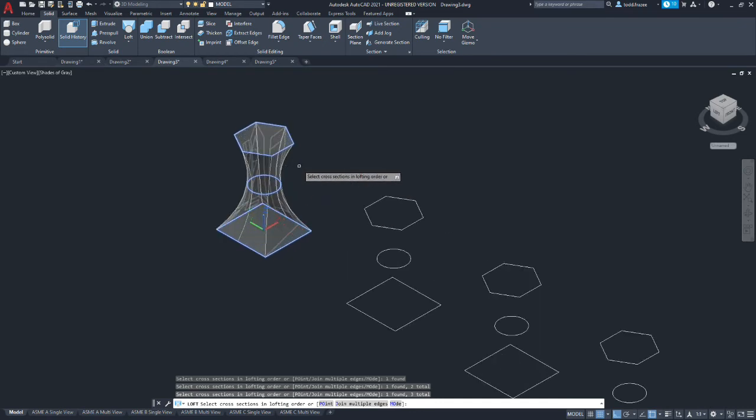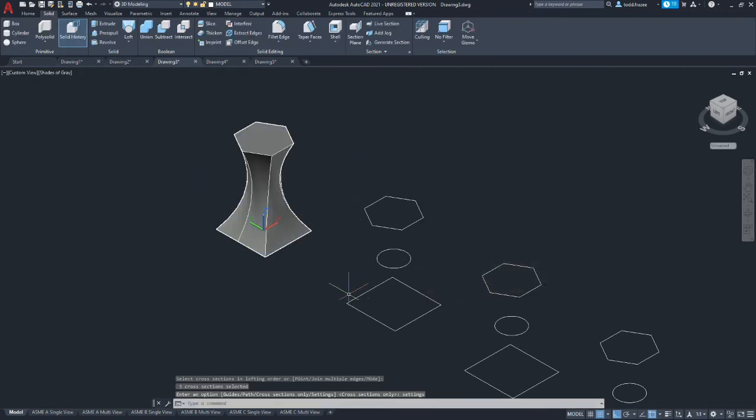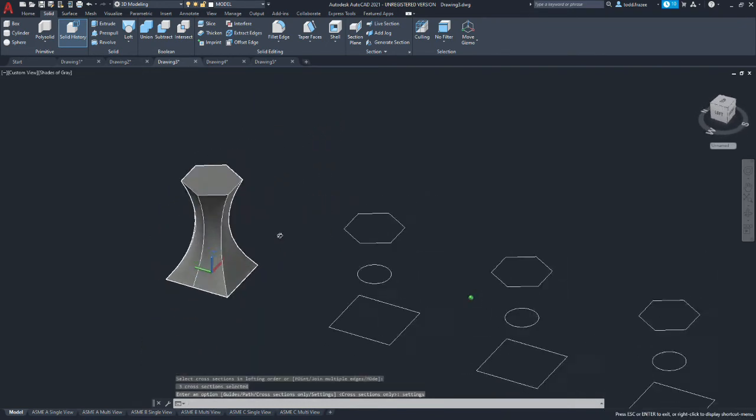this is the result, which is called smooth. We're going to hit enter to accept that that's all of the sections we're going to use. And now I'm going to go into settings. And a dialog box should appear. So our default is smooth fit. So it's doing a smooth transition, blending between them. And none of the other options are selected. So we're going to go ahead and hit OK. And this is what our loft resultant looks like. Has a little bit of a twist line going from each corner to the base.